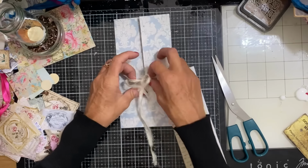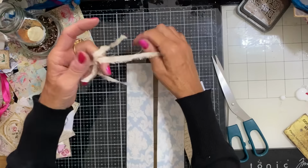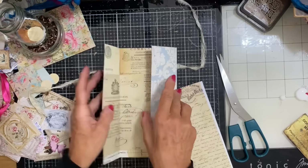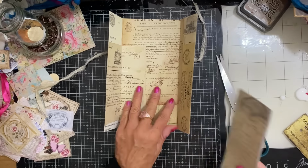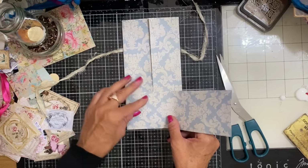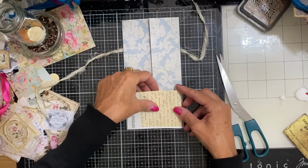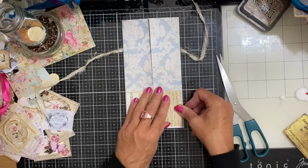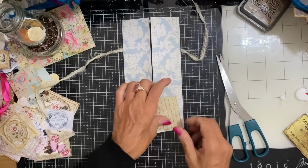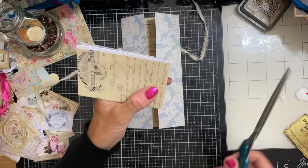So if I just open this back out. Oops. I'm sorry, it had all threads on which are then getting caught up. So I'm going to just take it like that, and then just fold this back on itself, which I wonder actually, whether I could have a double pocket maybe. So we'll just take this down like that, fold that in,